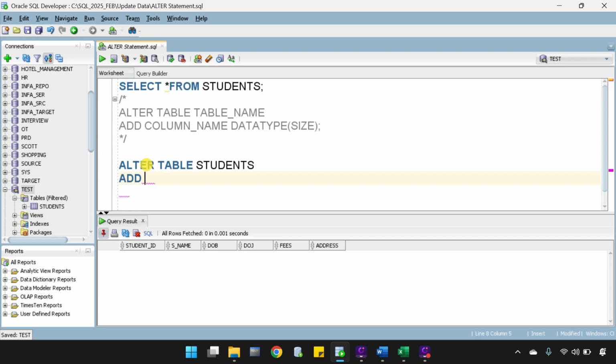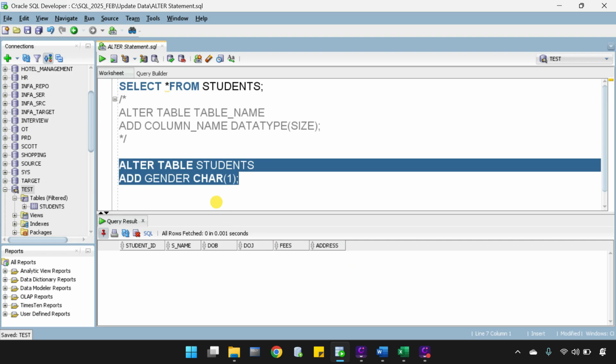In my case I will add a student gender column. Initially I declare this as only a single character, where M means male and F means female. So I declare it as char and put a semicolon. Now if you execute this query,